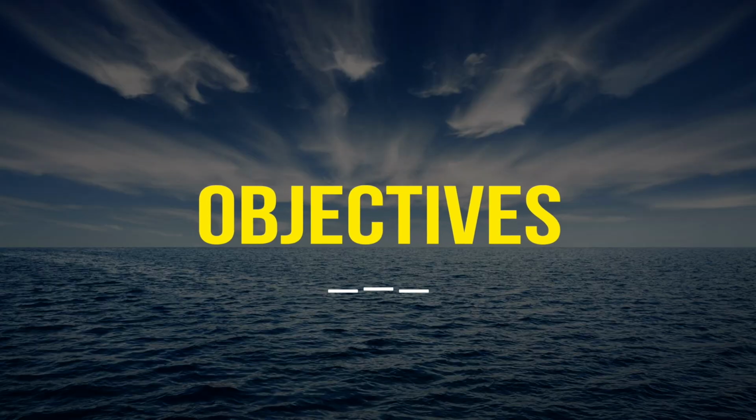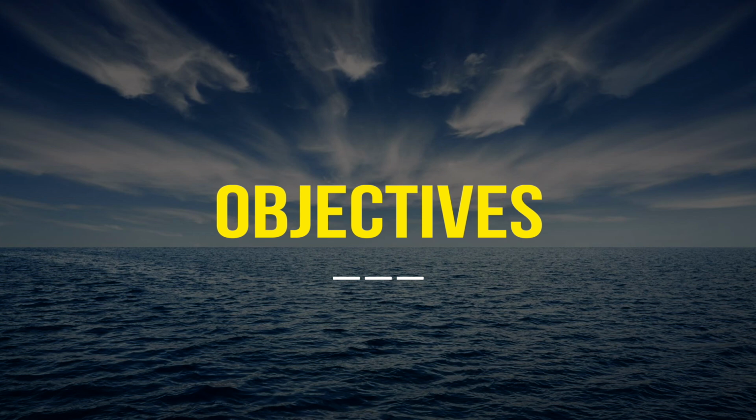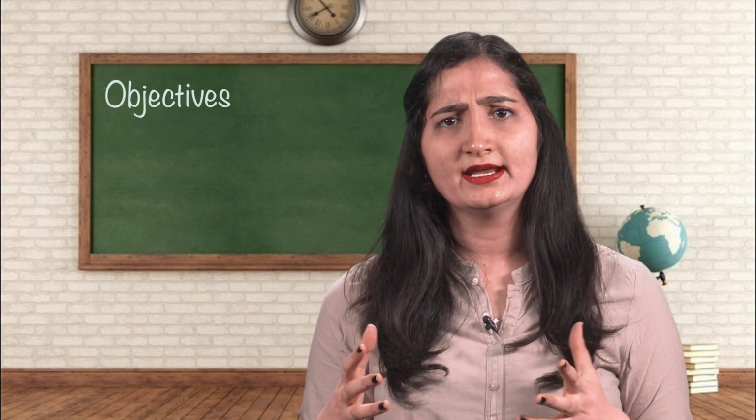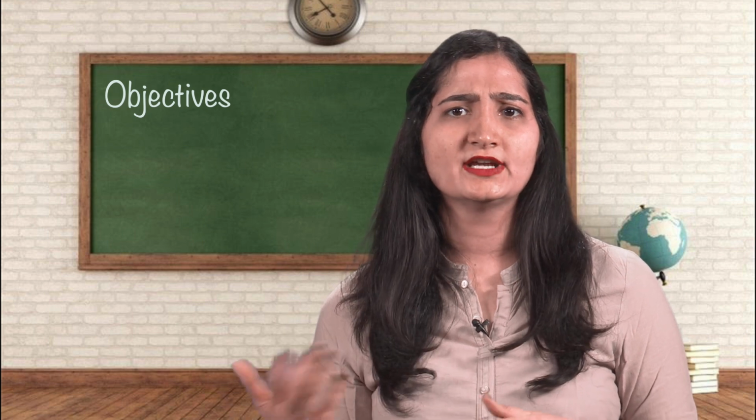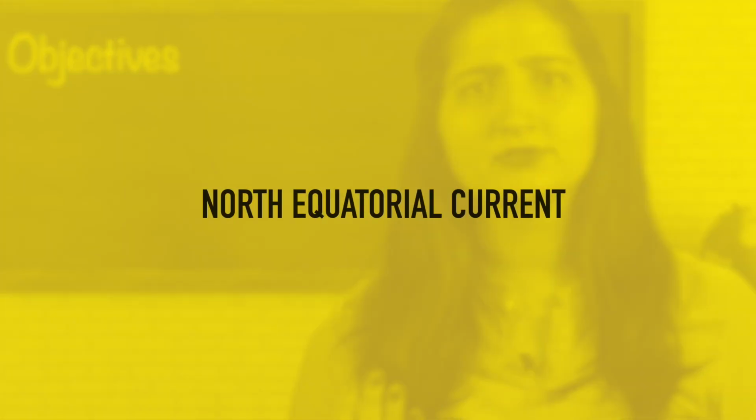Today in Oceanography we will be reading about the currents of the Atlantic Ocean. Currents are a general movement of a mass of surface water in a fairly defined direction. In other words, an ocean current may be defined as any persistent, dominantly horizontal flow of the ocean water. After going through this lesson, we will be learning about the different currents of the Atlantic Ocean, the North Equatorial